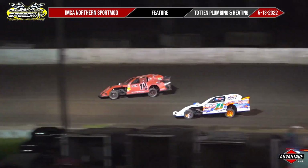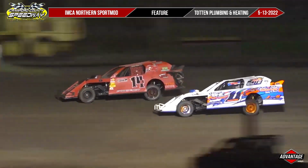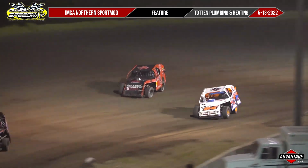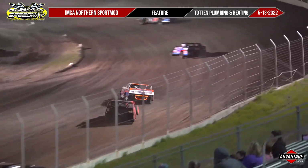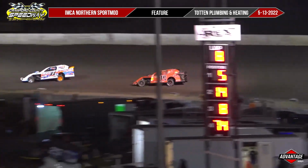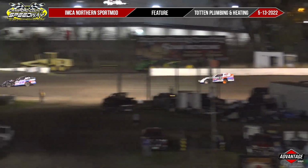Hilgardner has looked good and smooth out in front of this feature, nearly halfway home as we come around to the flag stand. This time, 8 to go. As they go around, looks like this time Braden Richards going around the boogeyman of Brian Sullivan. That is going to put Richards now up into that top 5. Hilgardner still leads and still has a comfortable lead over